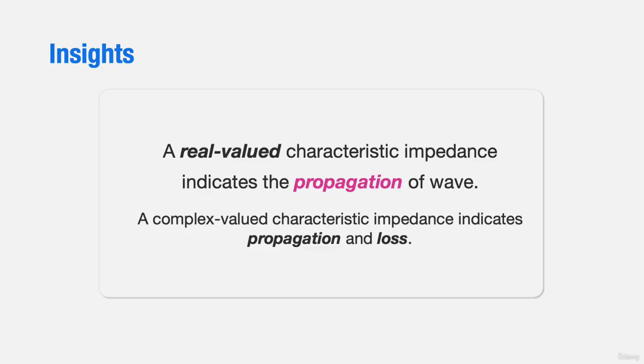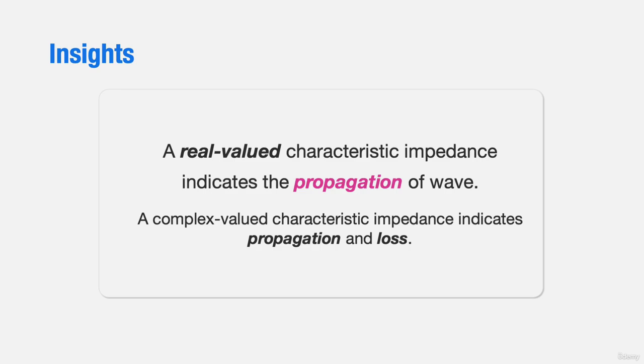If we find out the characteristic impedance is a complex number, it has a real part and an imaginary part, and the real part represents the propagation, and the imaginary part represents the unpropagation. Why does the imaginary part represent the inability to propagate? Because it is like someone stealing some of the energy during the wave propagation and not allowing it to travel